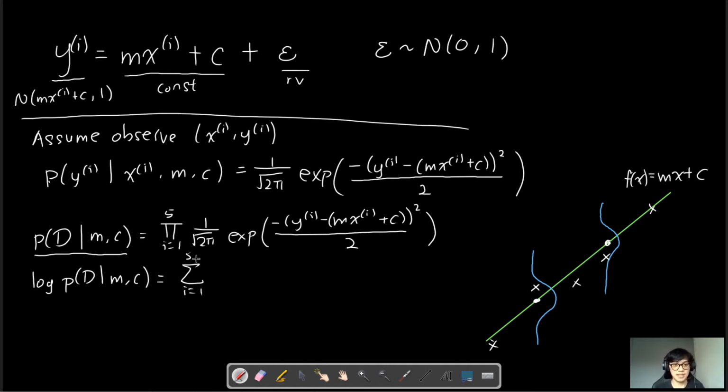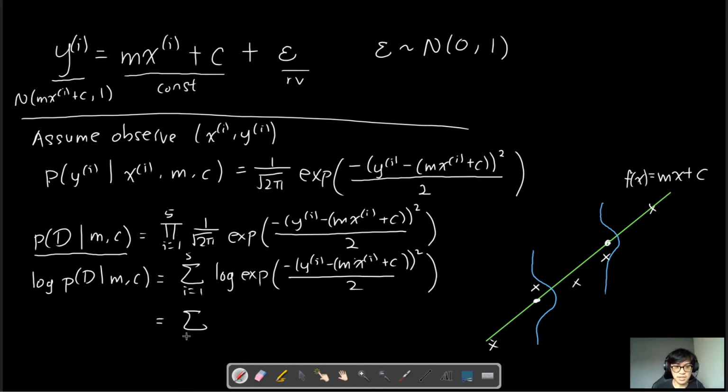Just know that there is a 1 over square root of 2 pi term here. I'm going to drop it, but we have log of the exponential of the whole thing here, squared over 2. And then, right, log and exponential cancel out each other, right? So what we essentially get